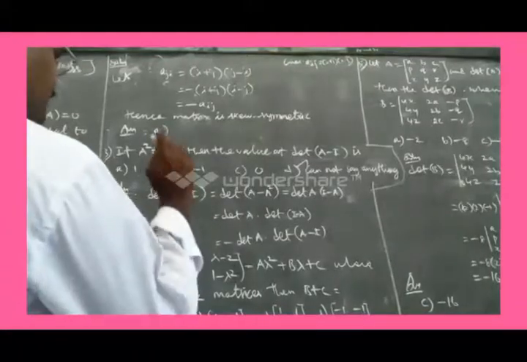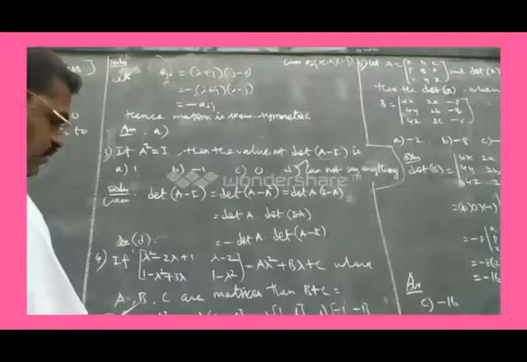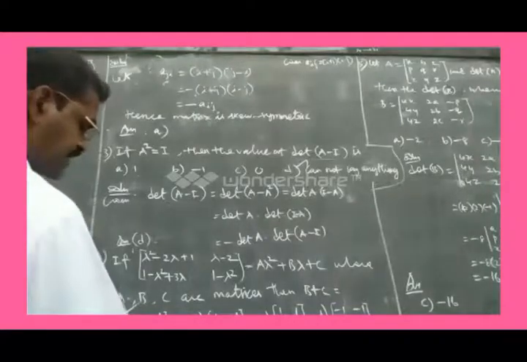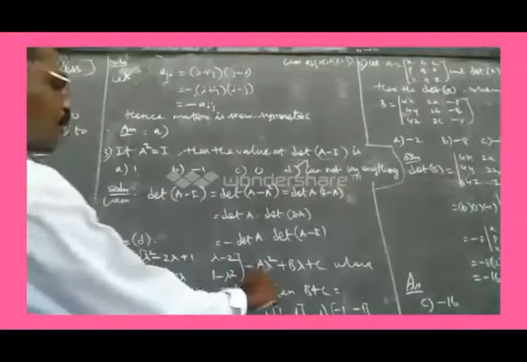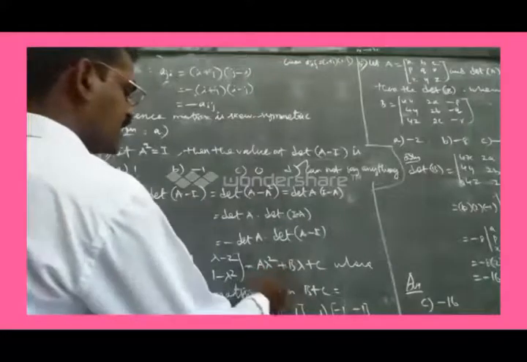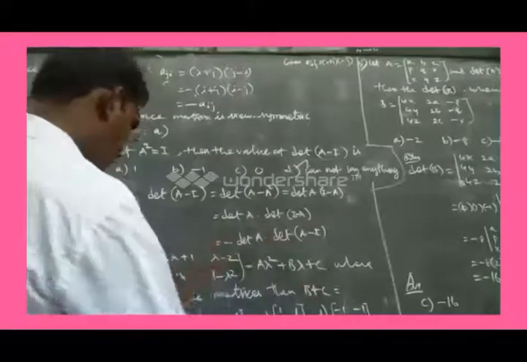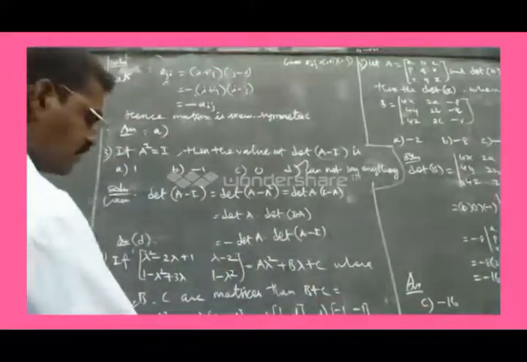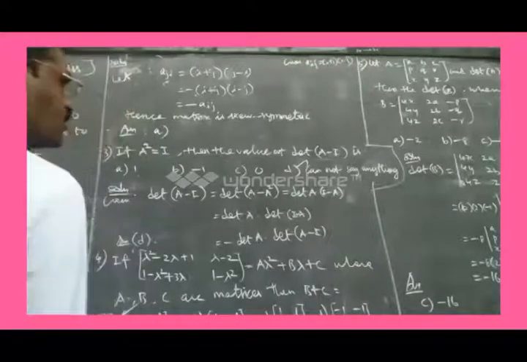So lambda equal to 0 in the given equation matrix, then the result C equals 1, minus 2, 1, 1. When lambda equals 1, A plus B plus C equals 0, minus 1, 3, 0. When lambda equals minus 1, then A minus B plus C equals 4, minus 3, 0.